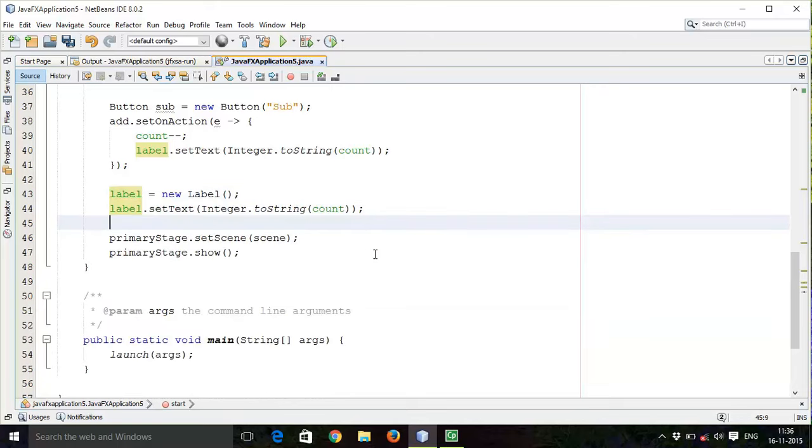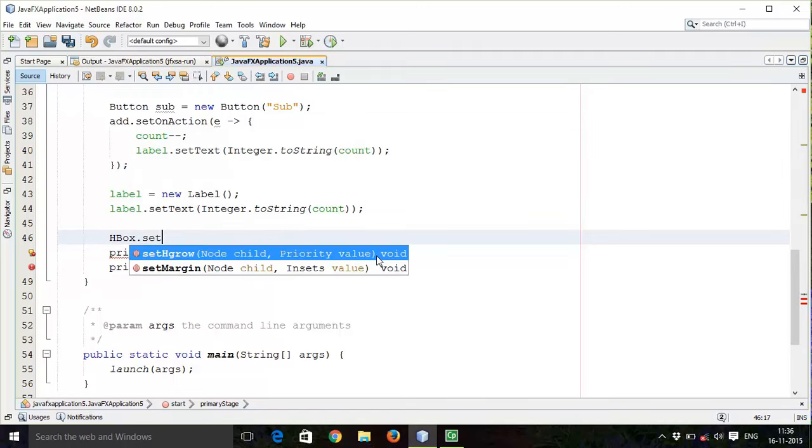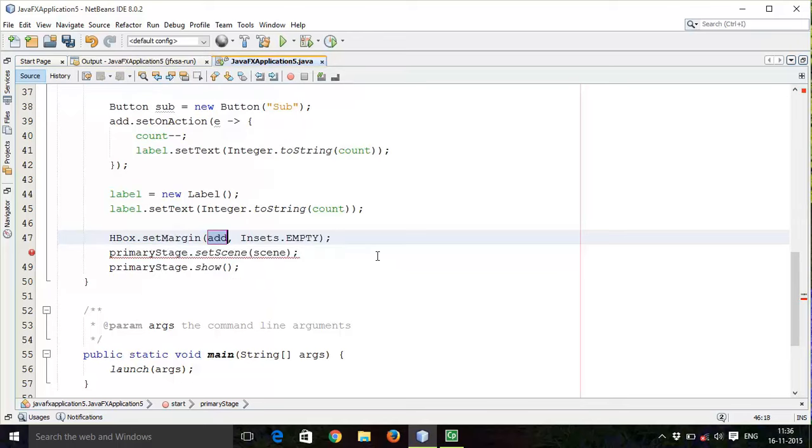Then set the HBox margin for label. So HBox dot set margin.